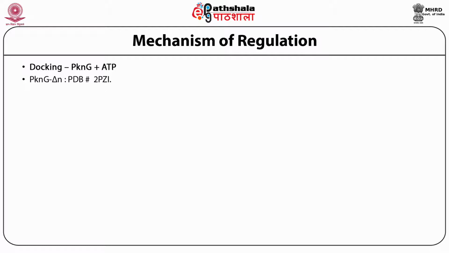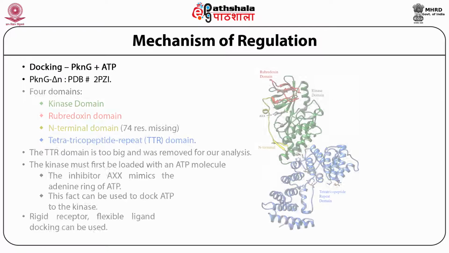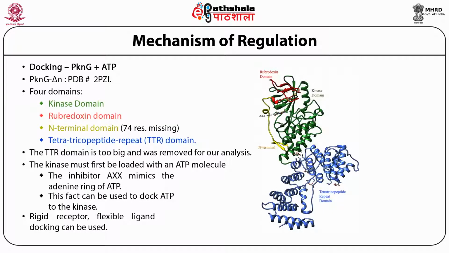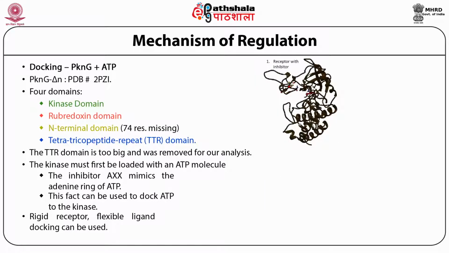To do that, we first should understand this kinase, and all the details are written on the left-hand side, the actual result for this kinase. Green is the part that forms the kinase domain, and we are going to put the ATP, shown by the arrow, in the binding site. This is the receptor with the inhibitor bound, shown in red, or rather I would say the ATP, and I am highlighting only the kinase domain of PknG. So if we figure it out, we fill it up with a sphere.